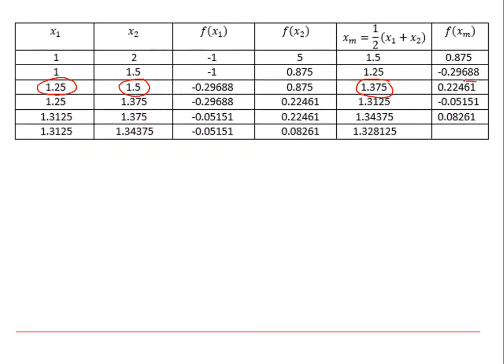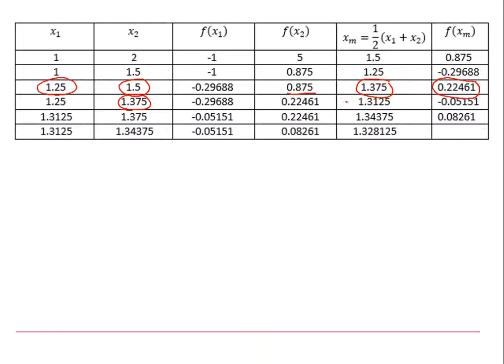Then we find the value of the function at x equals 1.375, and so that's a positive value, so that's an improvement on the 0.875. So we're going to ditch that one and replace it with, so that was the 1.5, so we're going to replace it with the 1.375. That's our new value of x that gives us a positive value for the function, and then we haven't got an improved version for the negative one, so we keep the 1.25,